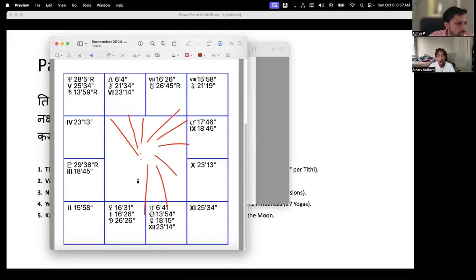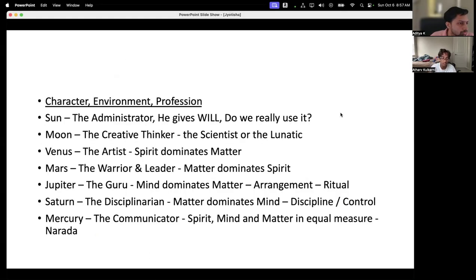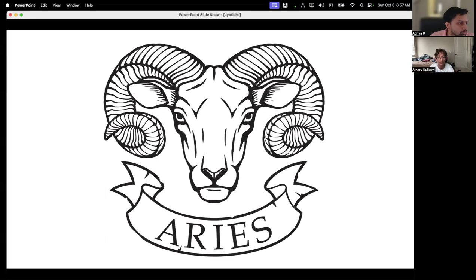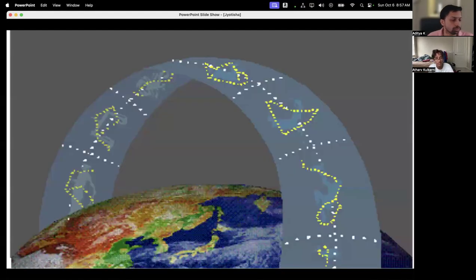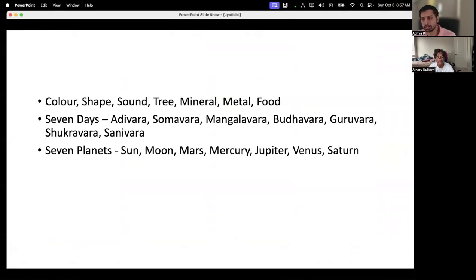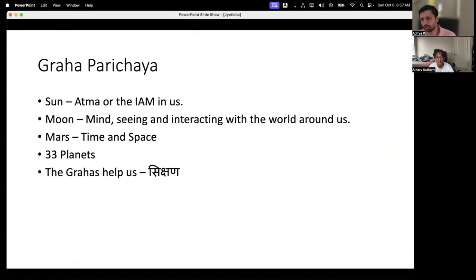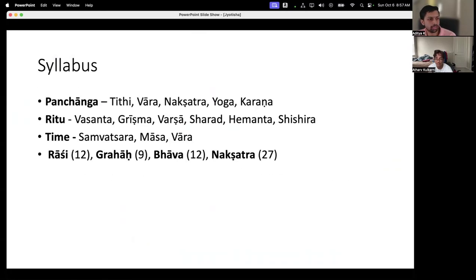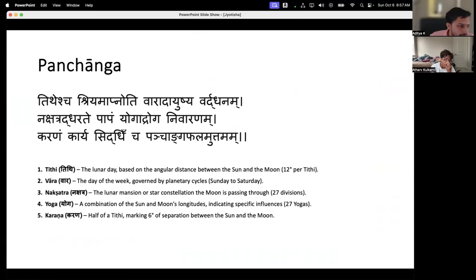Look at the sky around you. Imagine a belt all around you, like we discussed. Yes, this one. So imagine a belt around the earth, around the solar system. Here we have 12 divisions, which are the Rashis, but instead of 12 divisions, imagine 27 divisions. Each of those divisions becomes one nakshatra. Nakshatra is basically dividing the character of the day again into 2.5 parts. The math of that, I don't think we have enough time for. But basically, that is why nakshatra is important.